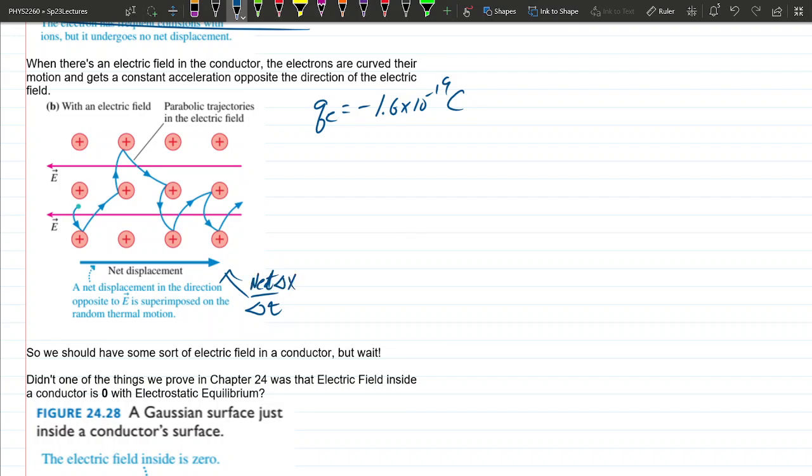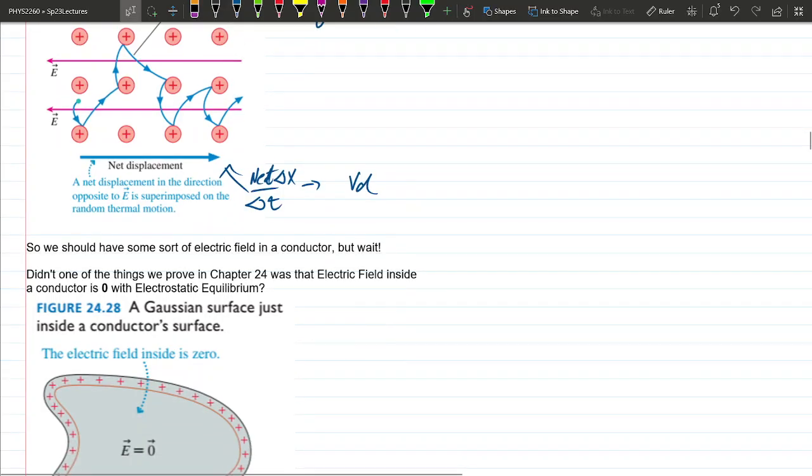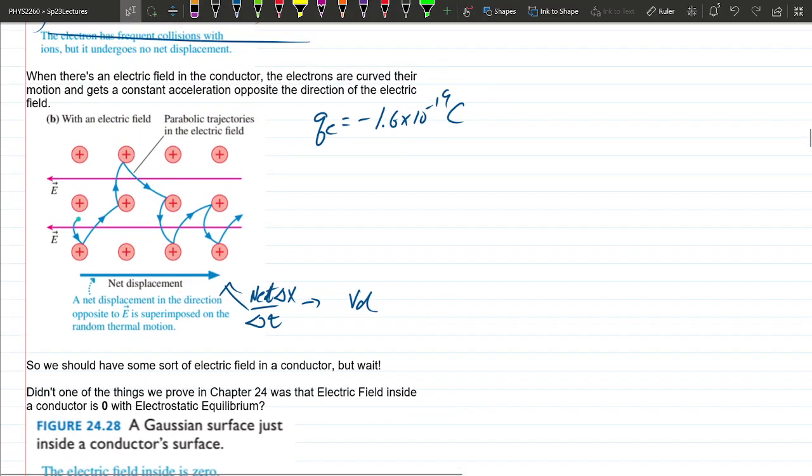Net delta x over time. This is the drift velocity that we just talked about. So how do we establish a drift velocity like that? Because remember, one of the things we talked about last chapter is that inside a conductor, under electrostatic equilibrium,